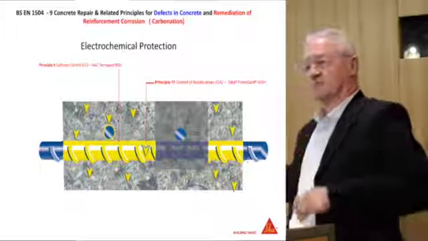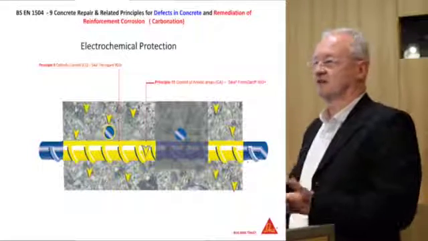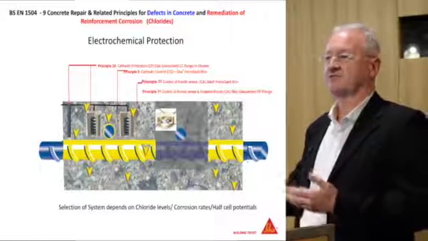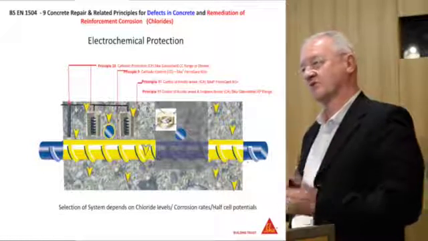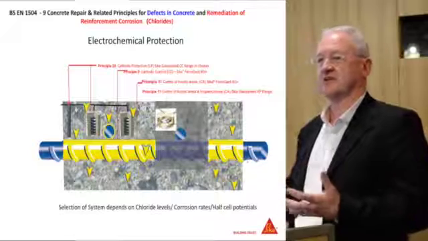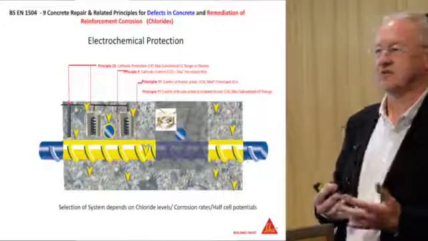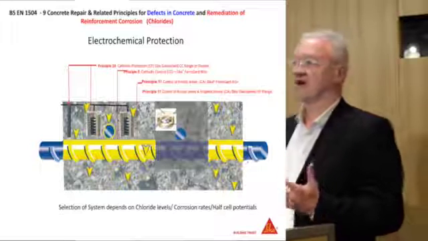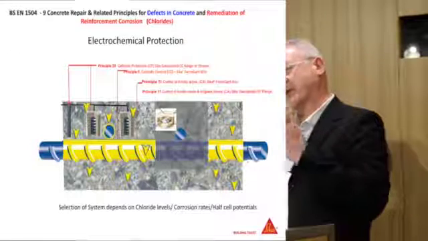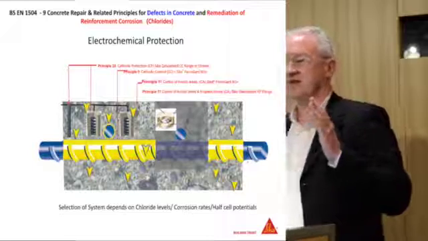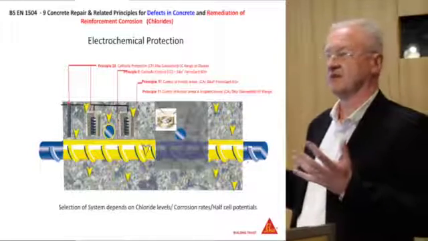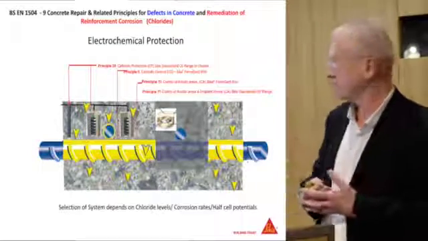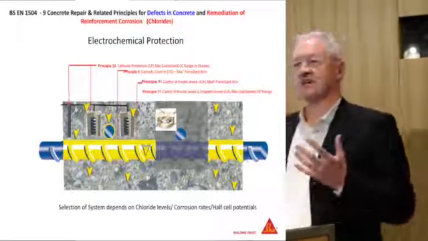So Chris mentioned having to identify what the problem is to start with. An element of testing goes on. Once we know what the problem is, then obviously we can attack it with the various total corrosion management solutions. And typically, if you look at a car park where you've got the parapets and the external envelope, the reinforcement being corroded due to carbonation, then you'd approach that typically with